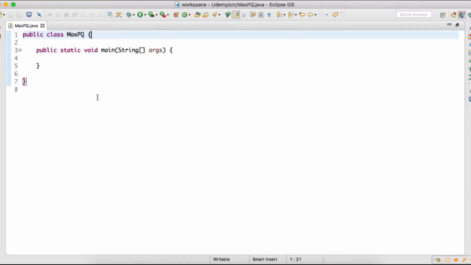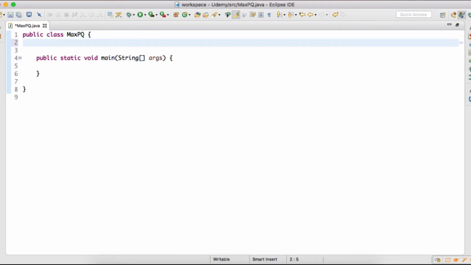So friends, let's see the code to implement a max priority queue in Java at a very basic level. In this tutorial I have created one class by the name maxPQ, which is nothing but max priority queue, which has a main method. In our previous tutorials we also discussed that we represent a max priority queue in the form of an array. So first we'll create an integer array and we'll give it the name heap,